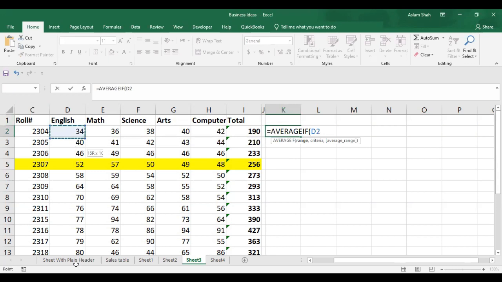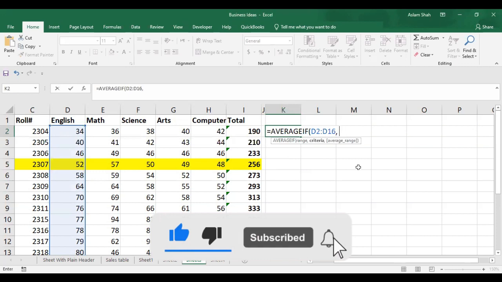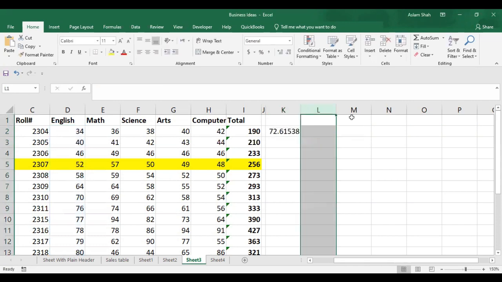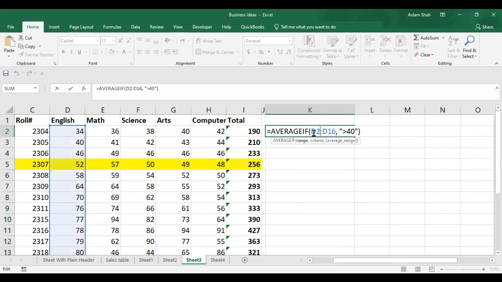select the range of data which you want to average, and then a comma, and write the condition. What is the condition? I want to average the values which are more than 40, for example, and then I will close the bracket. Just to understand the formula syntax, I will first of all tell you